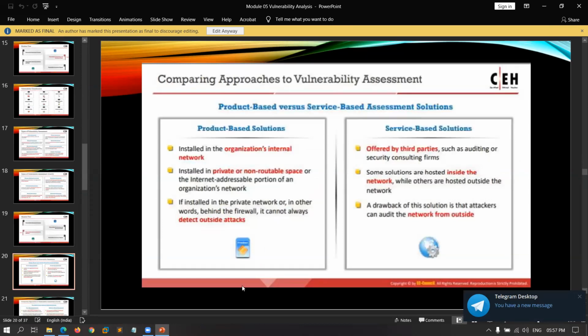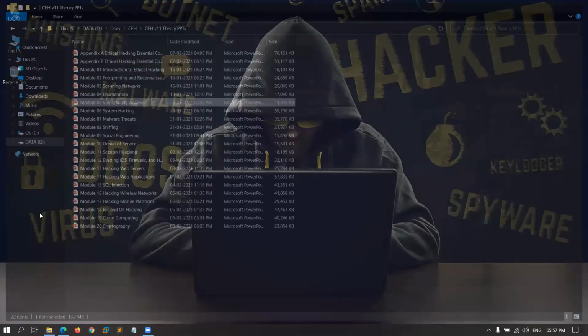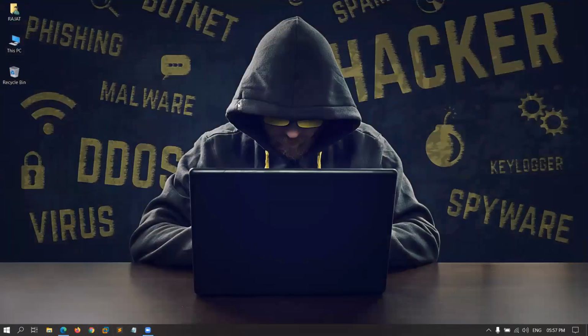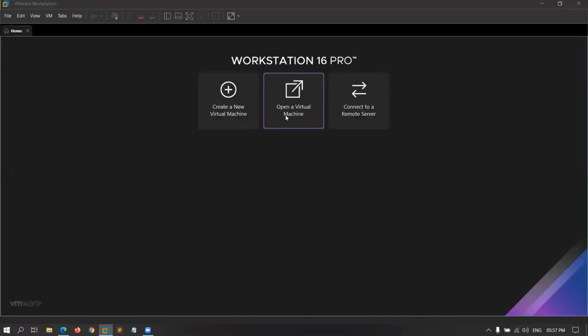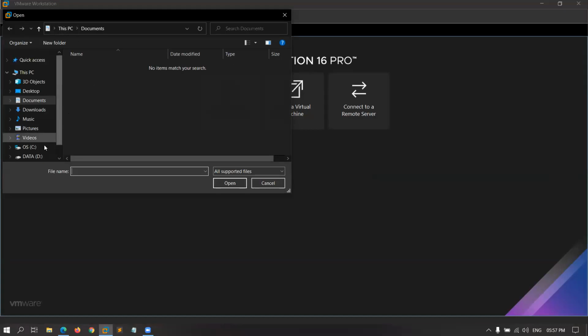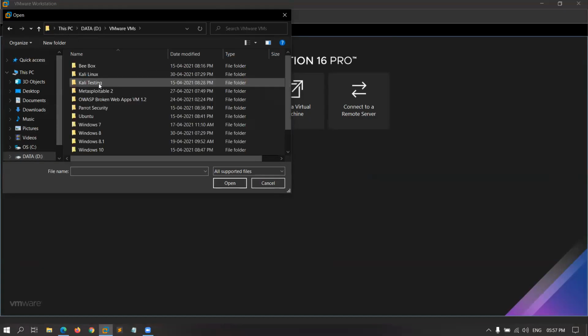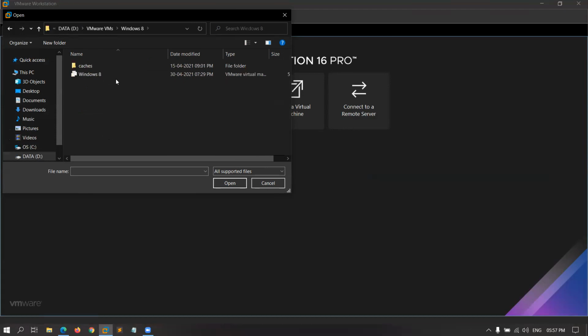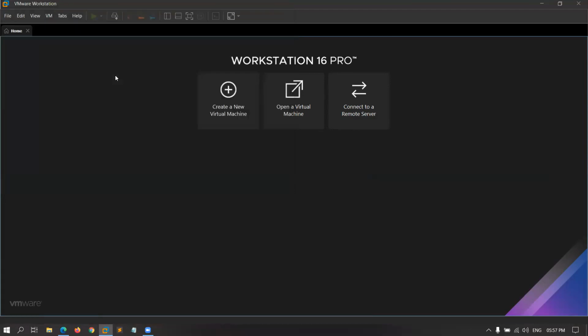So let's take the practical approach, and I'm going to tell you how you can do vulnerability assessment on a particular website, for which we are going to use a tool which is called Nessus. And Nessus is a paid tool, but